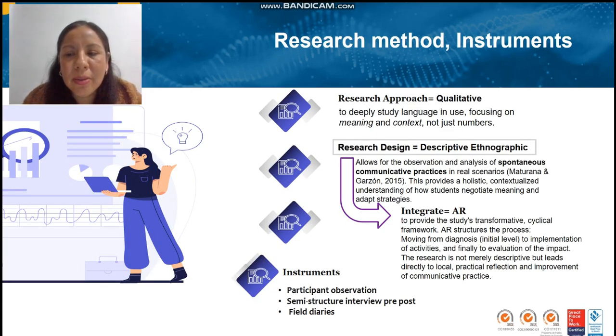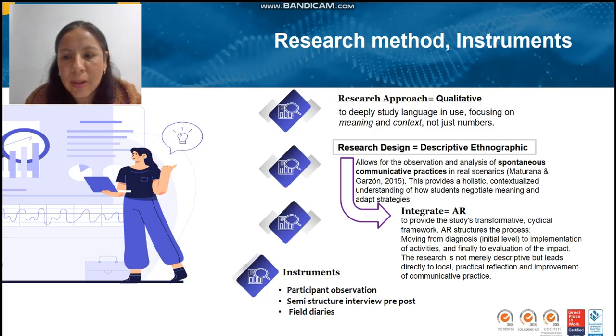The research method and instruments. So the research approach of this thesis is qualitative, to deeply study language in use, focusing on meaning and the context and those things that influence the process of English language learning: the culture, the near context. The research design is a descriptive ethnographic design which allows for the observation and analysis of spontaneous communicative practices in